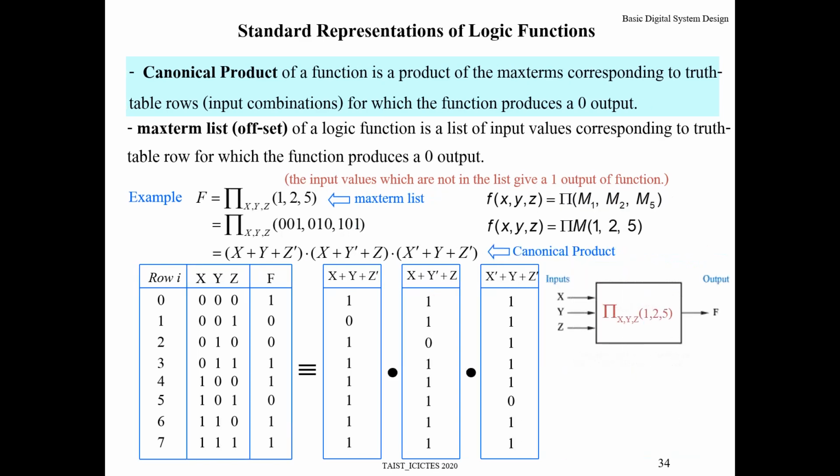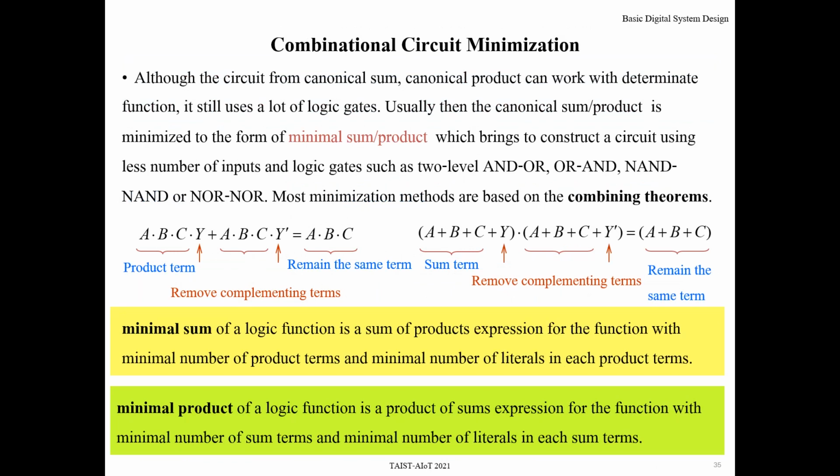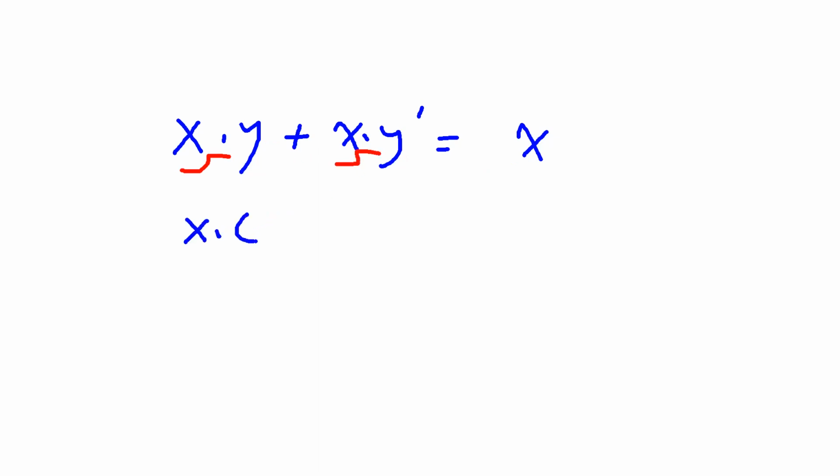You should apply some theorem. For example, maybe use the combining theorem to reduce the number of variables or size of the circuit. Namely, the combining theorem says that, for example, x and y plus x and y prime equals what? Equal to x. You can factor this one: x and (y plus y prime). Y plus y prime equals 1, right? 1 and x